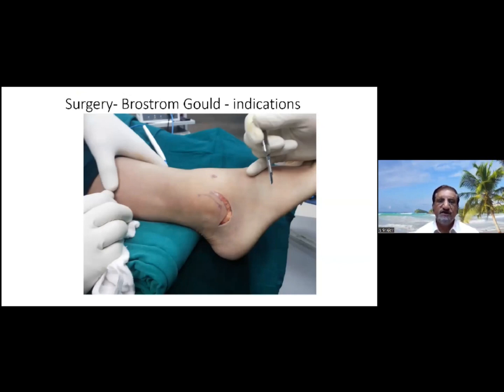The only time when this patient would require a surgery in an acute setting is if there is an avulsion, if there's a bony avulsion either from the talar side or from the fibula side, is when we can plan for an early surgical intervention. But by and large, there is very little incidence of that, and we would always be planning for a surgery only in a chronic setting.